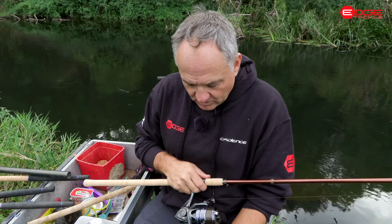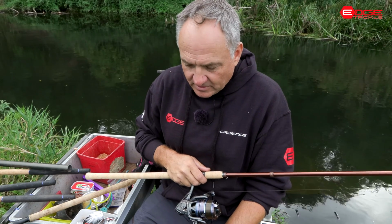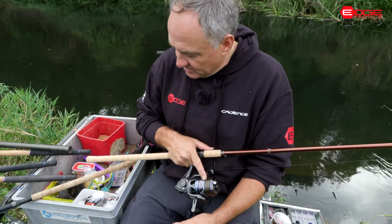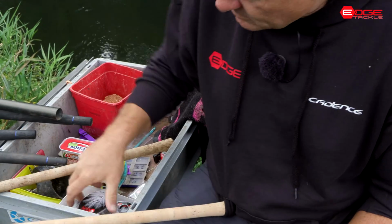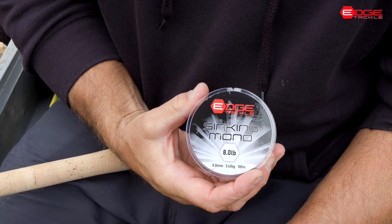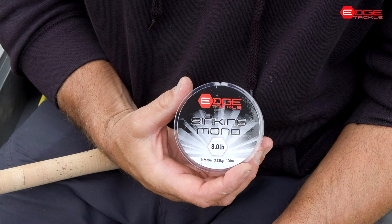So I've had a few questions asking about my general feeder rig that I use typically when I'm river fishing for chub and barbel. So I've spooled my reel up here with the 8-pound sinking mono, which is a really robust line, perfect for this kind of heavy feeder fishing. It's got a diameter of 26mm,